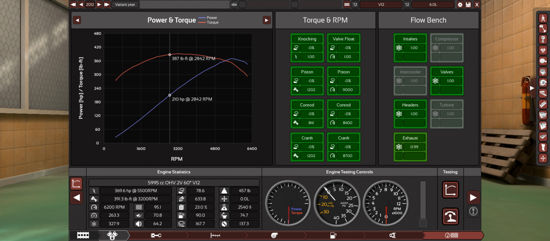This part here is, at least if I'm recalling correctly, quite a bit sharper than the V8 engine is. So this engine will produce better torque up to about 3,000 RPM than the V8 is, before they get roughly equal. And I'm also seeing kind of a bumpy